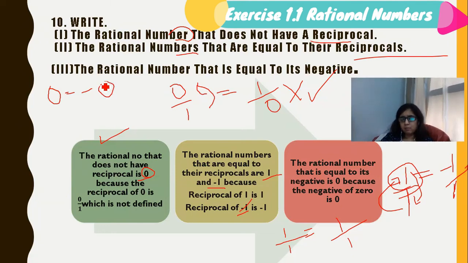If you put the minus sign before 0, you will get the same answer, that is 0. And I have told you so many times that 0 is not a negative number, and 0 is only a 0, that is neither positive nor negative. So our answer will be 0, because the negative of 0 is 0.